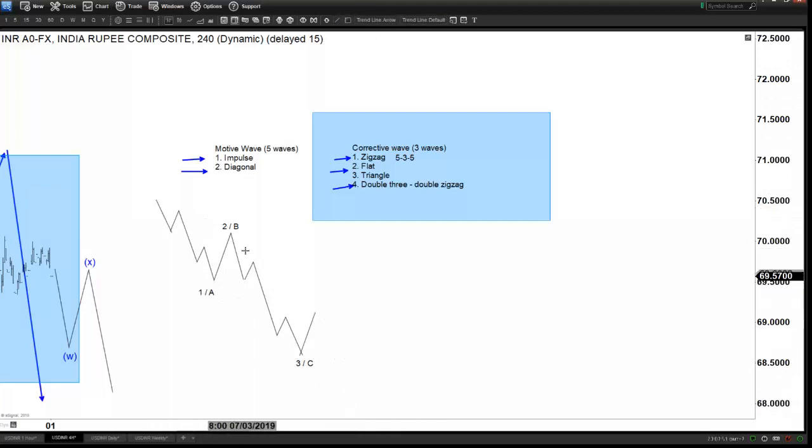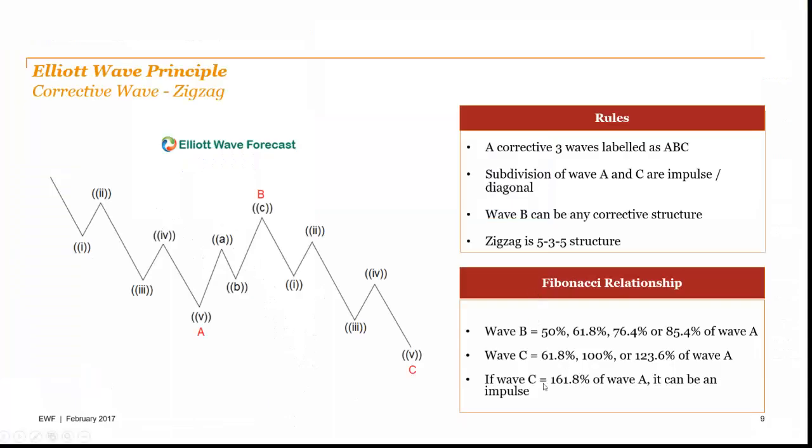Because wave 1 is 5 waves, wave A is also 5 waves, wave 3 is 5 waves, wave C is also 5 waves, right? That's why you go here. If wave C, which is your third swing, is so long and so strong, okay, then it can become an impulse instead of an ABC. Because if it's an ABC zigzag, the C needs to be what? Between 100% to 123.6% most of the time. Okay, beyond or at even 161.8%, I will be careful. If it reaches 1.618, then you got